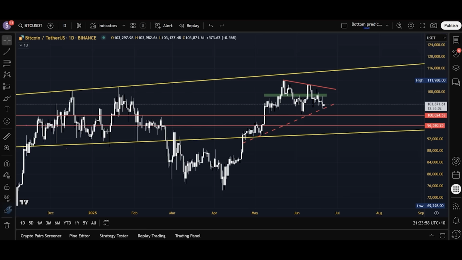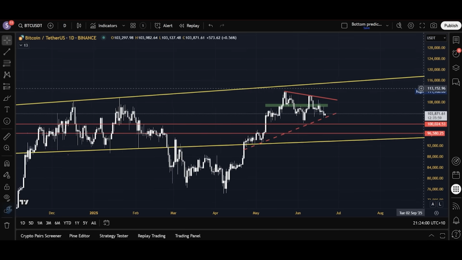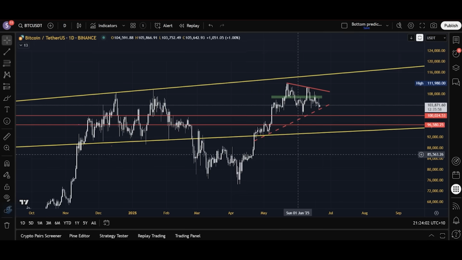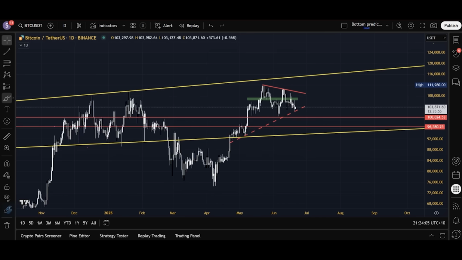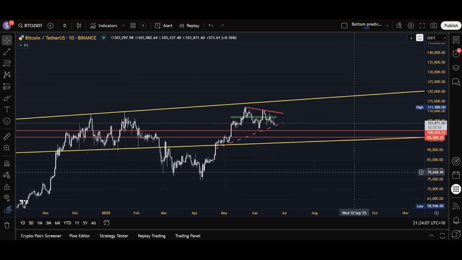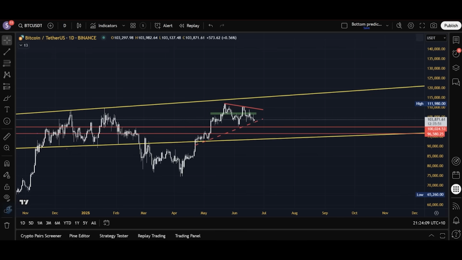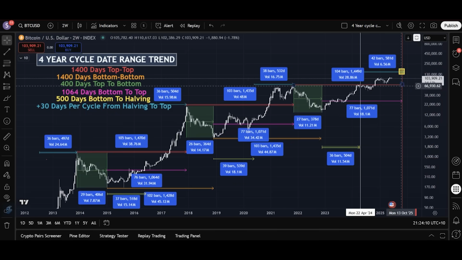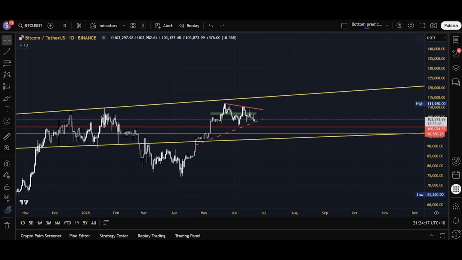Now, the reason why that doesn't concern me too much is because we certainly can move downwards on Bitcoin for at least a few weeks. It's not like we're in a position in which we don't have time to do that. We still have, in my view, in the cycle's view, I should say, about 4 months left of the cycle. The cycle will be ending around late October, somewhere around there. So we've got about 4 months left.